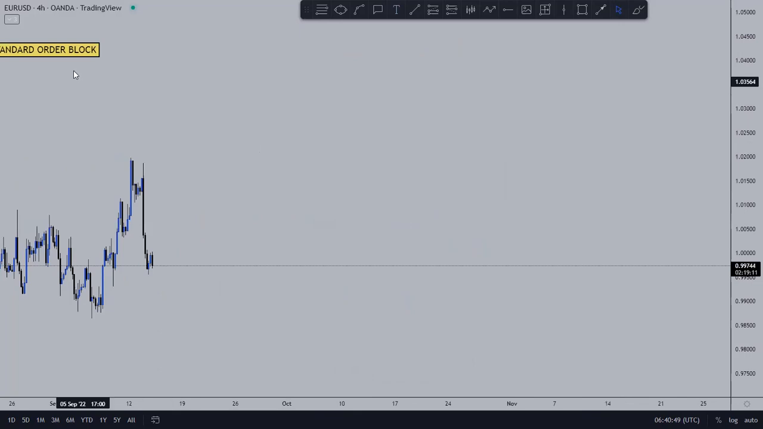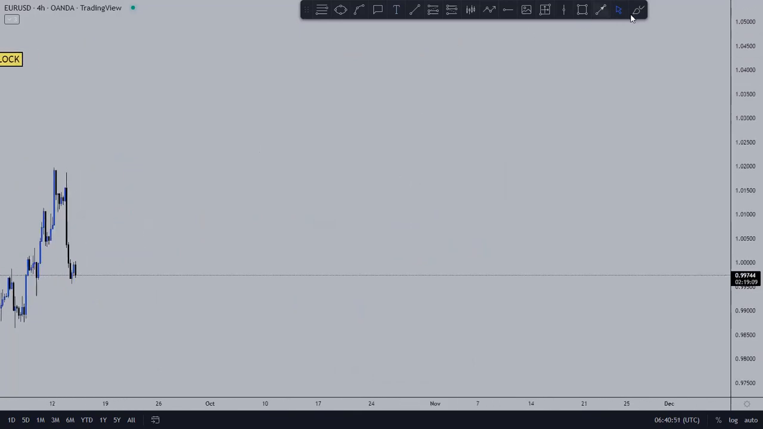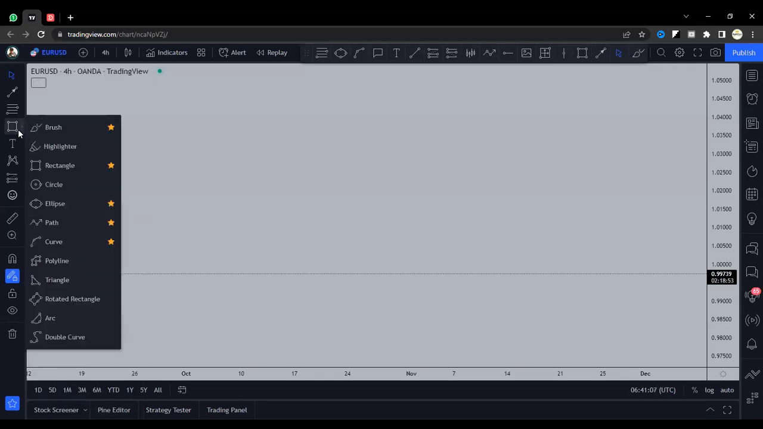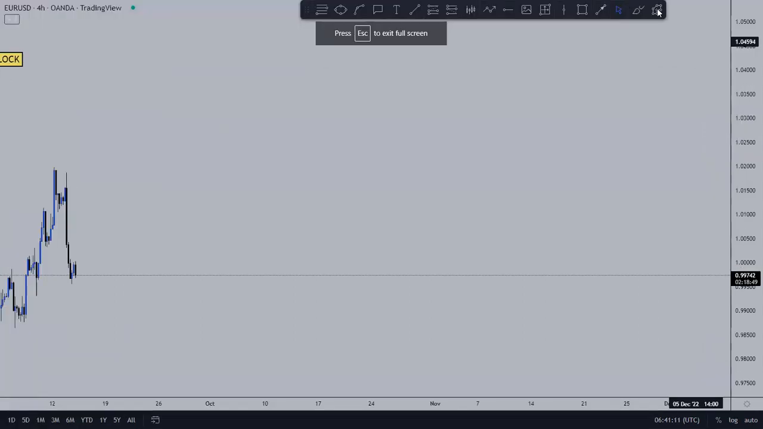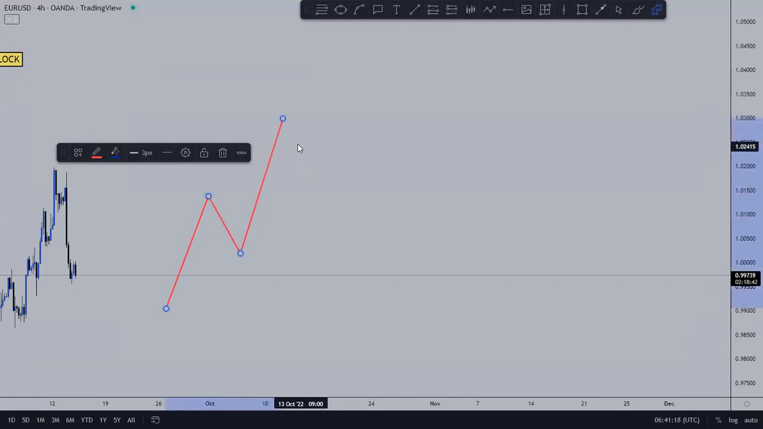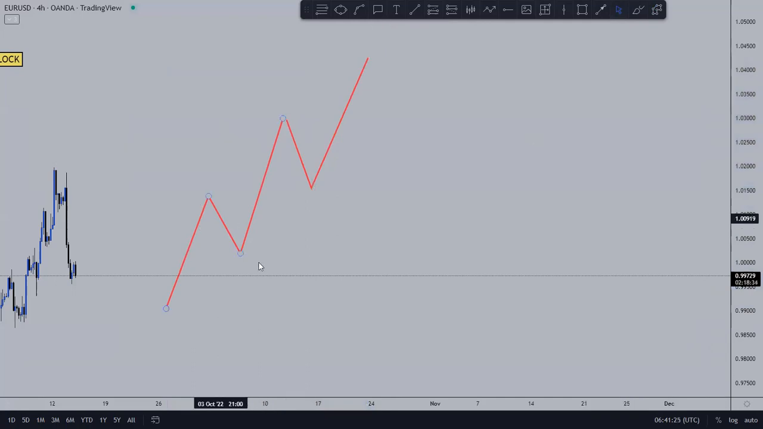The standard order block basically is, for example, once you've identified your market structure, whether we're going up or down, let's say we're in a bullish market. The standard order block, these are the last,